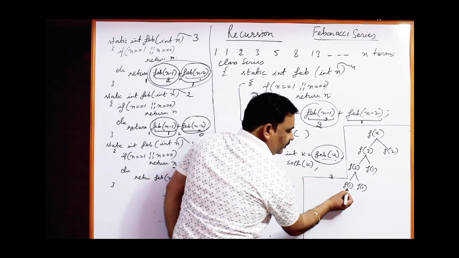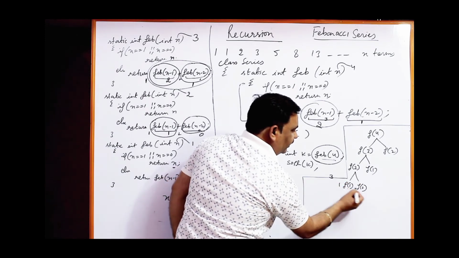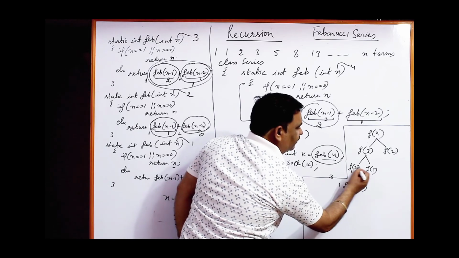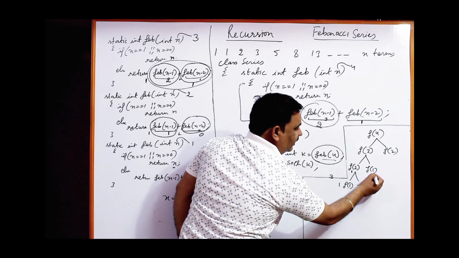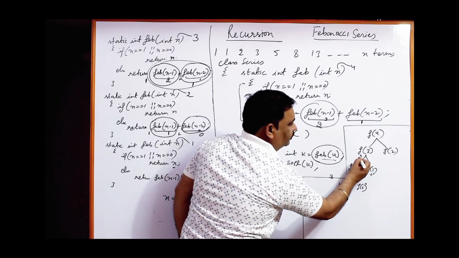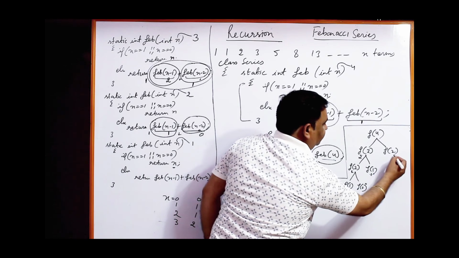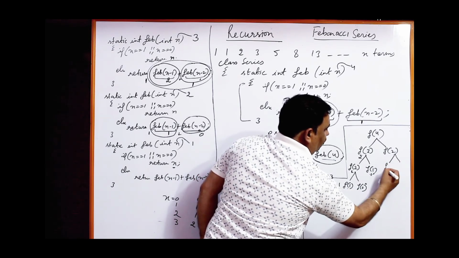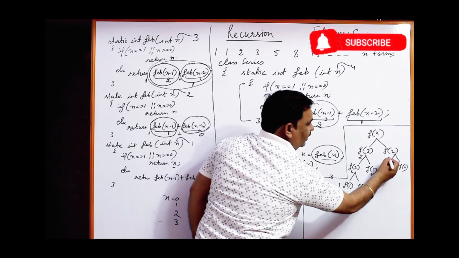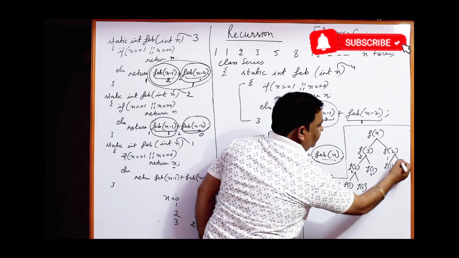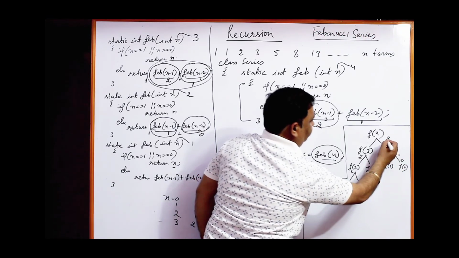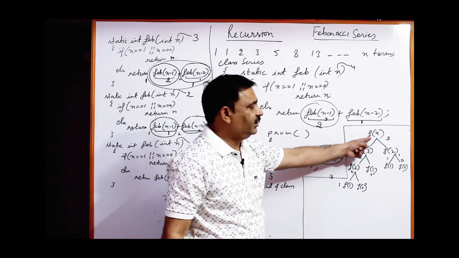So when we pass 1, it will give you 1. When we pass 0, it will give you 0. So 1 plus 0 will be 1. Now the turn of this, and when we pass 1, it will give you 1. So 1 plus 1, 2. So when you pass 3, you will get 2. Now the chance of this will come. Again it will be called twice like this. So when you pass 1, it will give you 1. When you pass 0, it will give you 0. 1 plus 0, 1. So 1 plus 2, finally you will get 3. So it means when you pass 4, it will return 3.